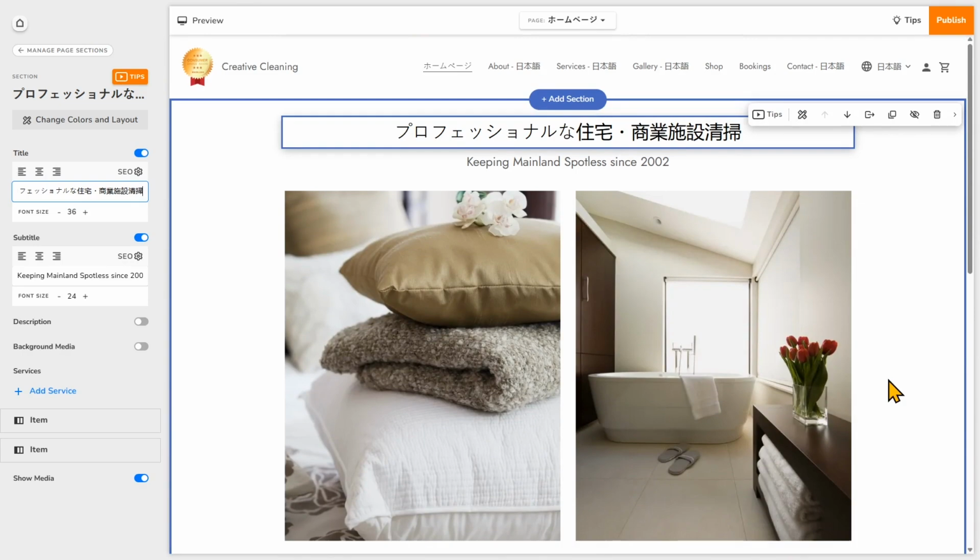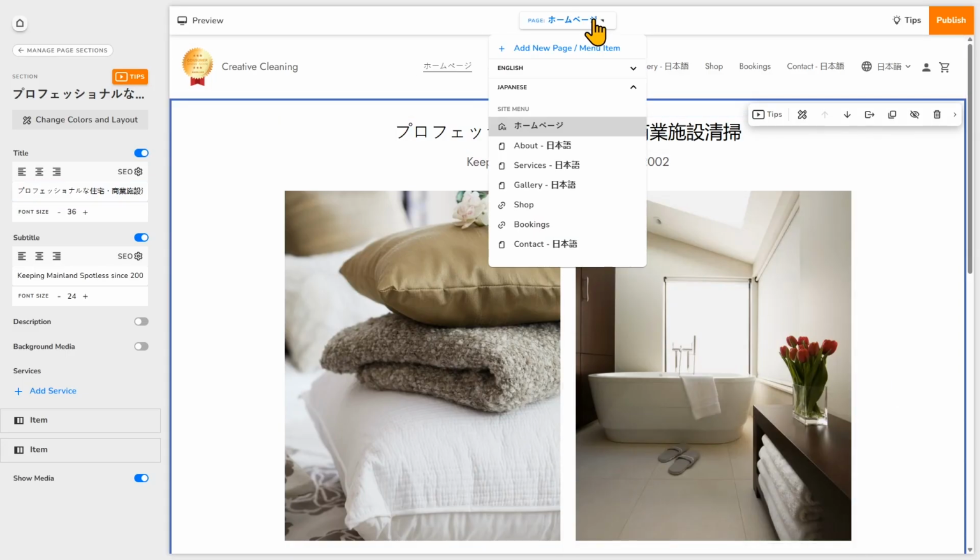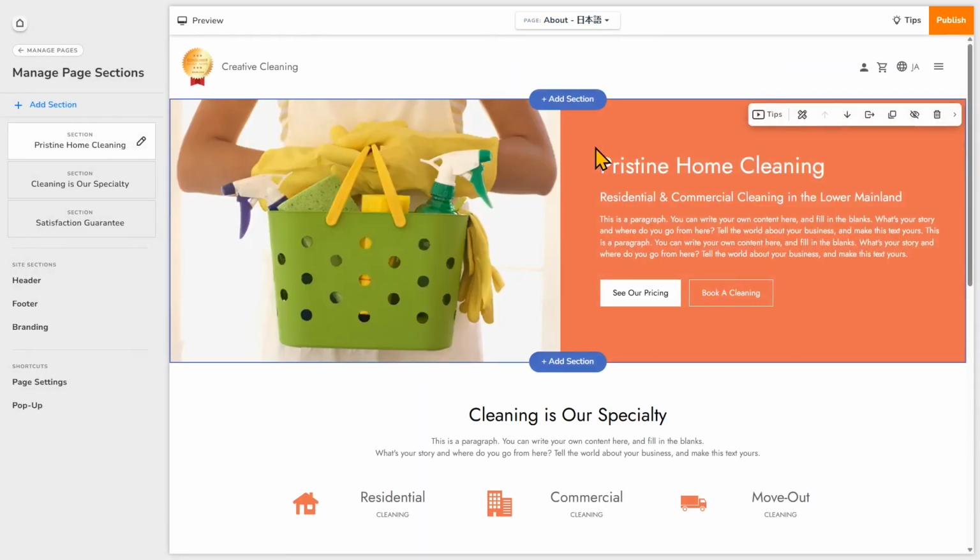You will need to decide on the main language that you would like your header and footer items to appear in, and you won't be able to translate it for other languages. And to navigate to other pages within your site builder, we can use this navigator tool in the top. So go ahead and copy and paste this content into Google Translate and edit it manually. You can go ahead and do this on your own. For this video, I'll just continue.